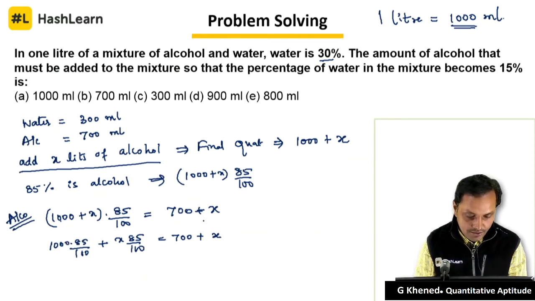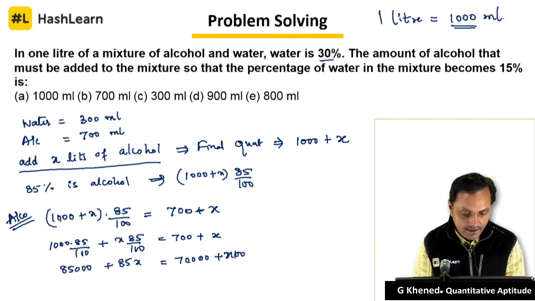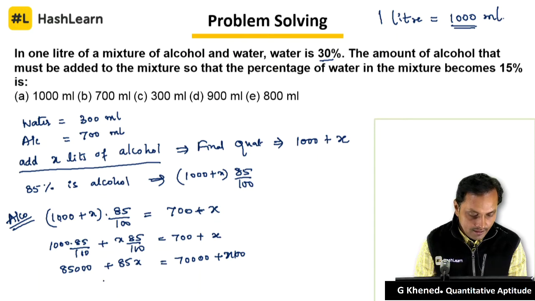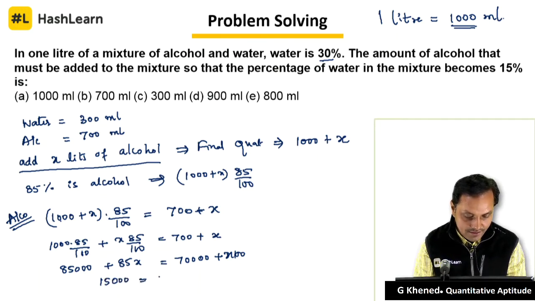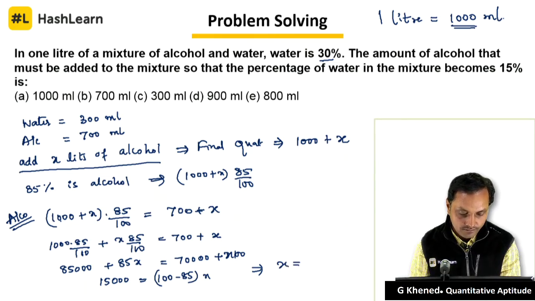Once you multiply with 100, this will be 85,000 plus 85x, this is 70,000, this is 100x. Once you simplify, 15,000 is equal to 100 minus 85 x, that will give you x is equal to